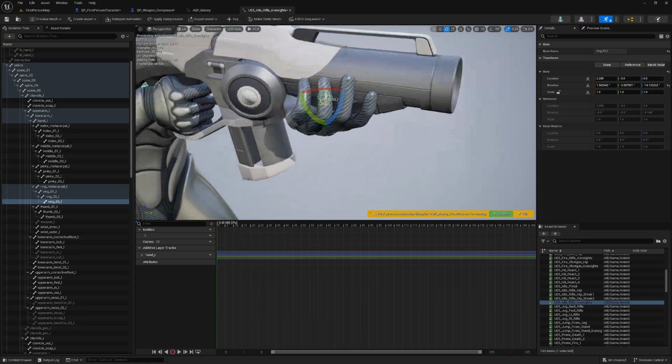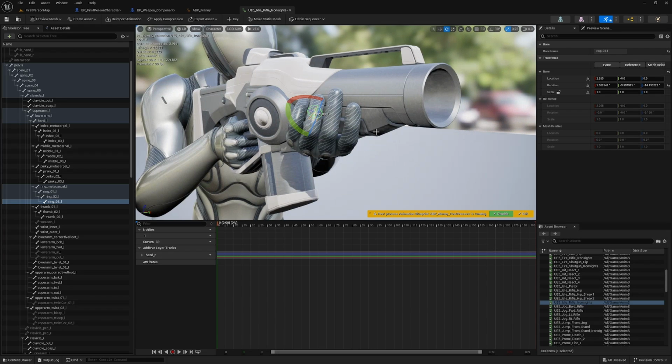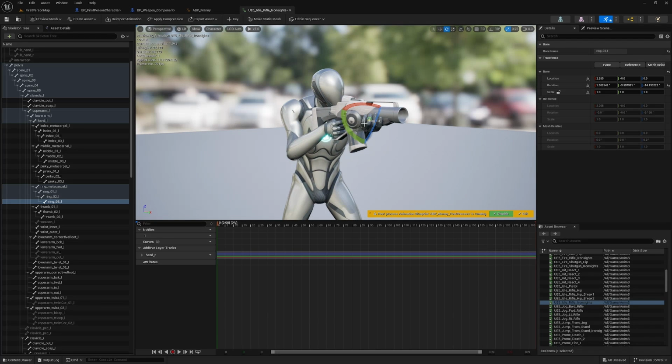That'll do just like that. It's kind of finessing the weapon a little bit. That looks nice. Minimal clipping. Very good. Now, if you just wanted to change a couple of things, you could just add a keyframe for